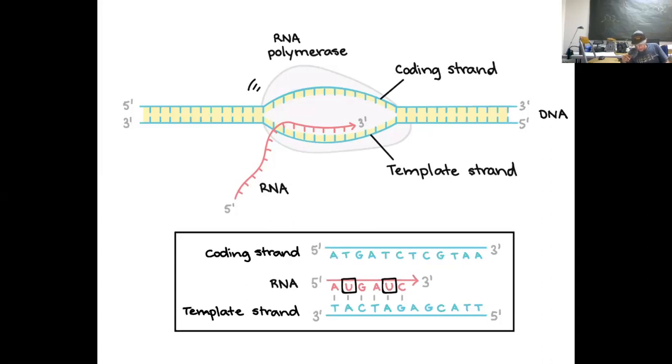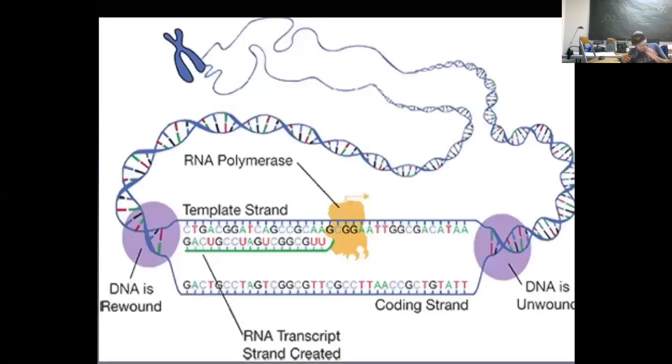But here's another interesting point I wanted to bring up. DNA has to be unwound here. It has to be opened up in order for RNA polymerase, this yellow blob here, to read the template strand. In order for RNA polymerase to read this template strand, the DNA has to be unwound and opened up by DNA helicase. And when RNA polymerase is done doing the base pairing like this, then this RNA